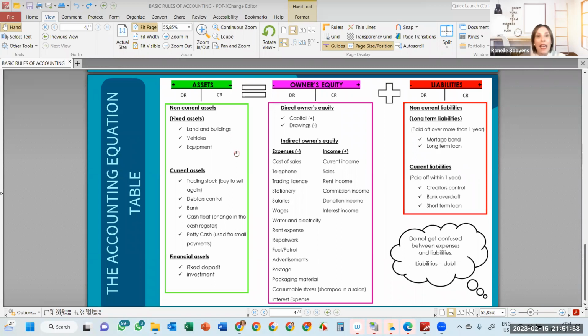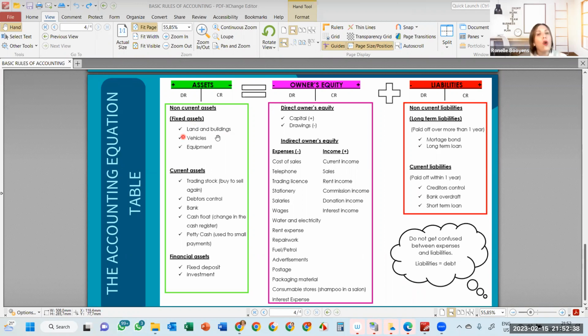We call them fixed assets. In some books or textbooks, they talk about non-current assets. Now, fixed assets are those items of value that our business buys with the intention not to sell them again at a profit. We buy those things for our business so that we can run and operate the business. Usually they've got a long lifespan, longer than a year. And we usually list them in this order: land and buildings, vehicles, equipment. I tell my students from big to small: land and buildings, vehicles, equipment.